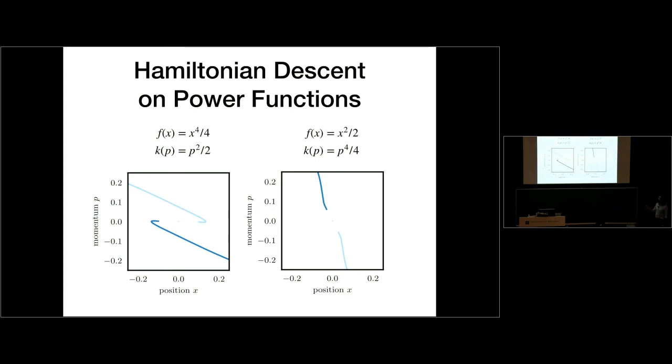This is optimizing x to the power 4 with a quadratic kinetic energy. It's hard to visualize what the clock of time is here, but basically this has slowed to a halt and you want to get here. So we don't have that nice spiral where energy is being exchanged between the momentum and the position, but you hit this region where both of them are slow. And this is happening in a different direction, but it's the same principle.